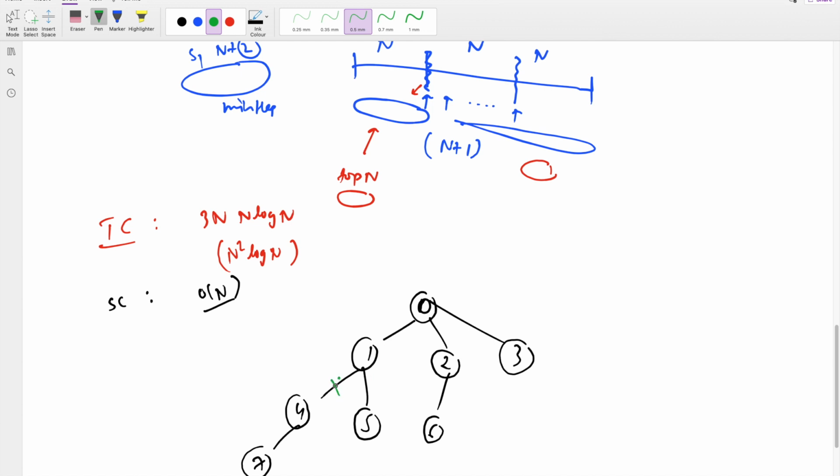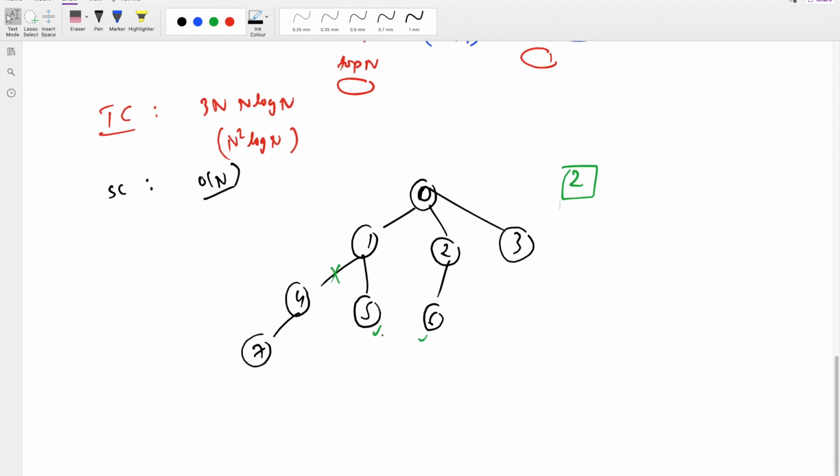for example if this particular edge is removed, then there is no path to reach from 1 to any of these nodes. So in this case, what would be there? There is a path from 0 to 1 to 5 to 2, 6 and 3. What is the maximum? To here or here? What is the answer? Similarly, if you remove any edge, then we have to return the maximum distance. So one simple solution would be,